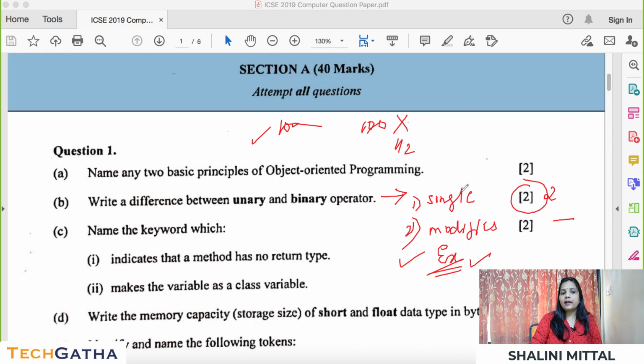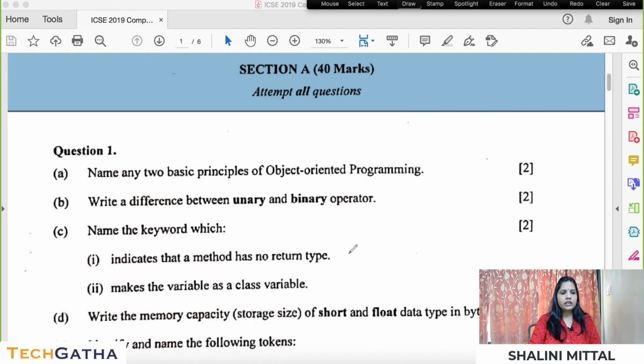Do not combine these 2 statements into one by using conjunctions or prepositions of English. Always try to break the statements and always try to write 2 statements for every differentiation, explain, what is, these types of questions. Then you have the keywords, so you can just write the keywords that are used.